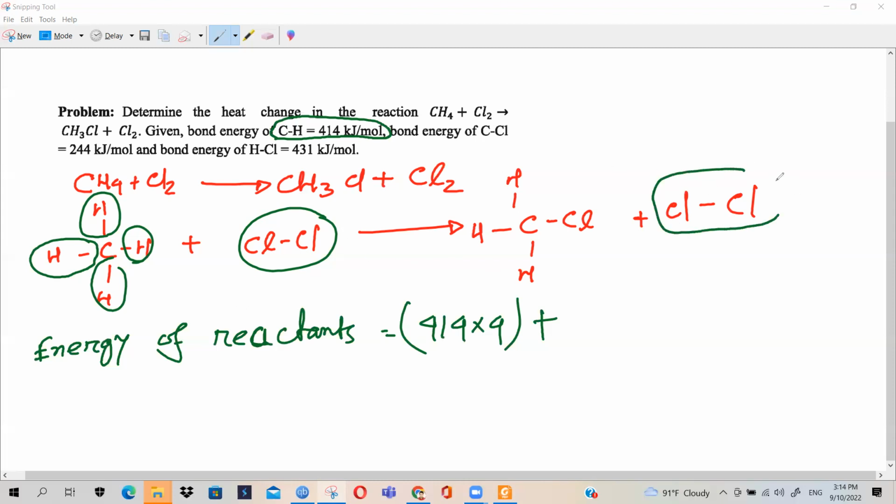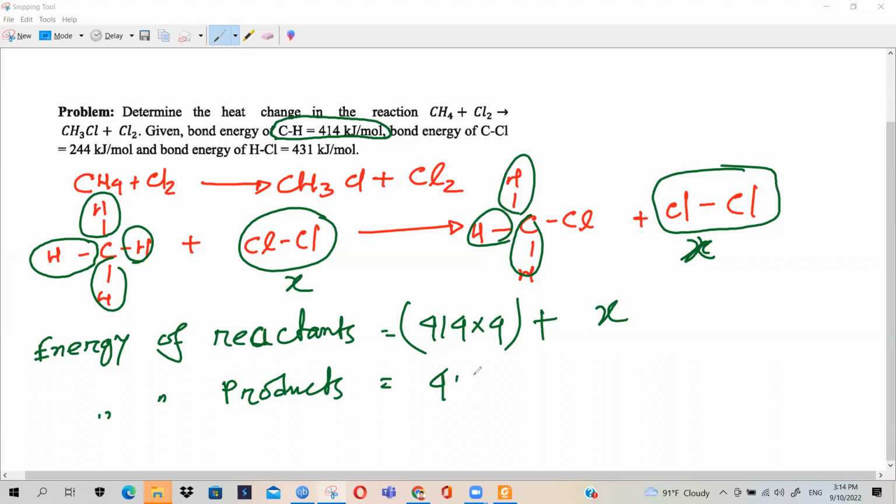See, ClCl and ClCl will cancel each other out. So for instance, say for ClCl we're considering X. The bond energy of ClCl on both sides will be X. Understand my point? So X and X will cancel each other out. So the energy of products equals 3 CH bonds: 1, 2, and 3. So 414 multiplied by 3